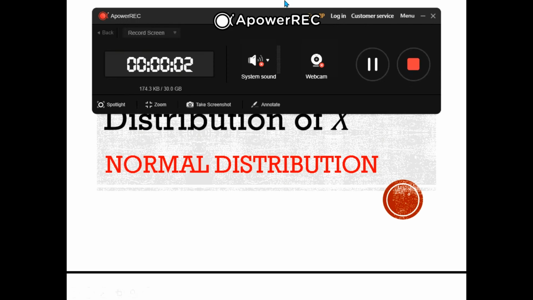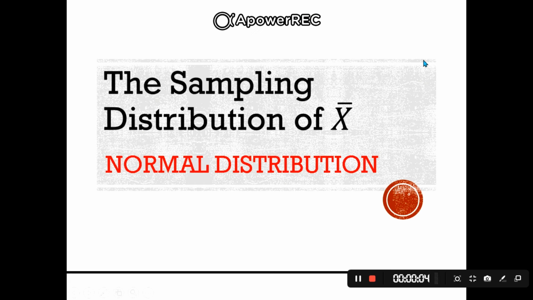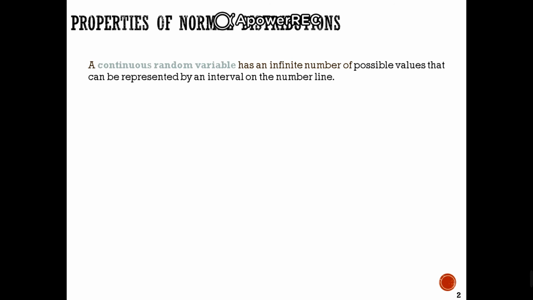Good day everyone. Today we will discuss the sampling distribution of the sample mean, the normal distribution. First, let's have a short recap about the properties of the normal distributions. A continuous random variable has an infinite number of possible values that can be represented by an interval